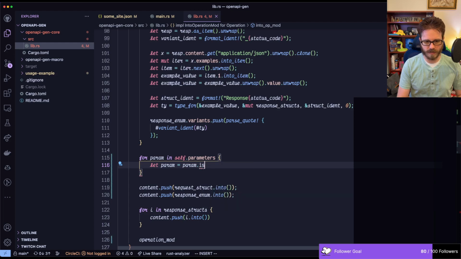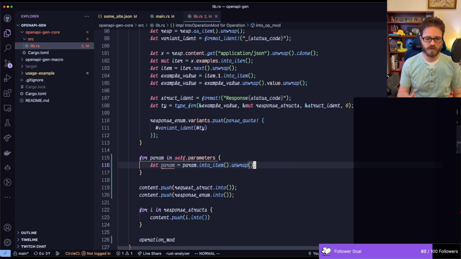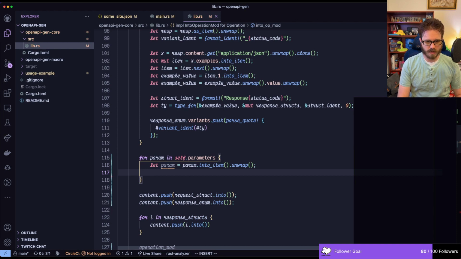Into item unwrap. Yeah, into item unwrap. Okay, because now it's definitely a parameter. That's what the issue is about for the references. I'm not handling references well at all. Okay, so now that we have the parameter,